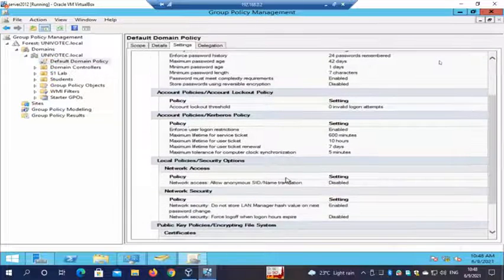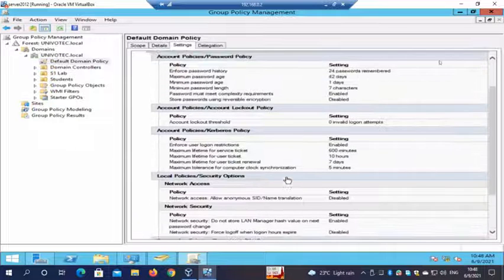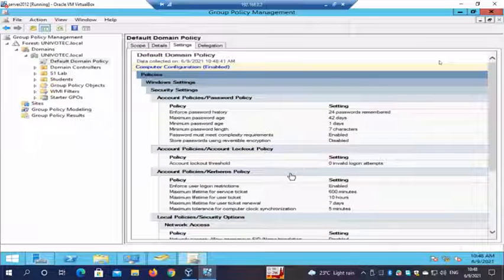So these are the policies which are already applied. Right, it will show me the path also. So in computer configuration, yeah, it's enabled. In policies, Windows settings, security settings, then the account policy section, these values have been enabled with these values. Right, so the password complexity requirements are there, enabled.